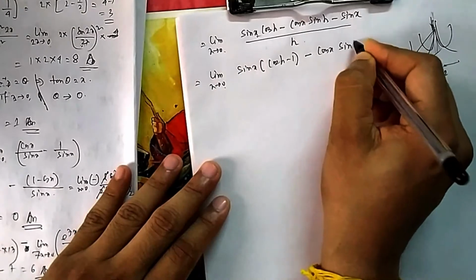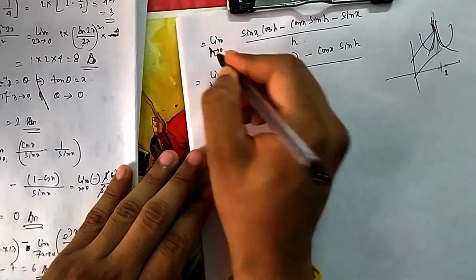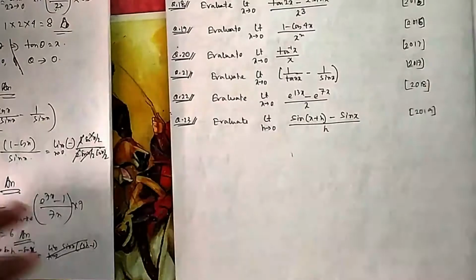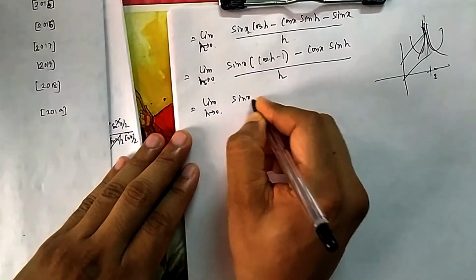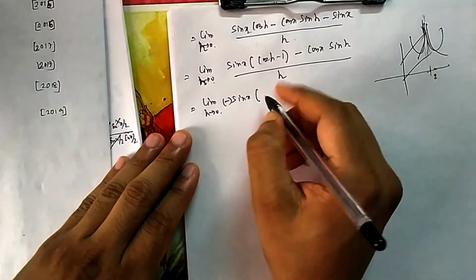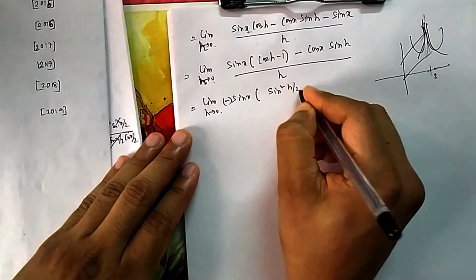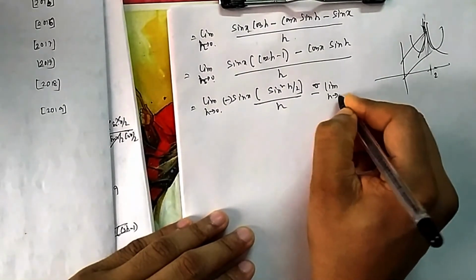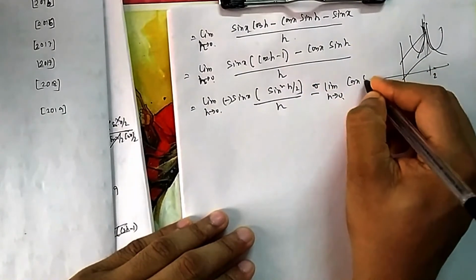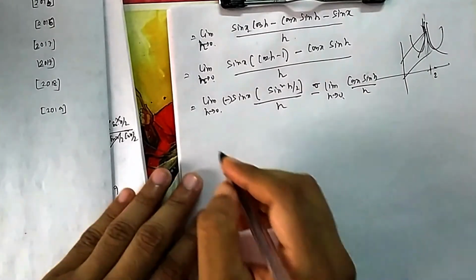Here x is not the variable, here h is the variable. You have to be careful, because here h tends to 0, not x. Whatever limit they have given is on h, so h becomes the variable for you, not x. So as h tends to 0, it will be sin x, and if I put 1 minus cos h, that you can write as 2 sin square h by 2 by h, and then again limit as h tends to 0, I am segregating this one, and cos x sin h by h, because this will be a formula, sin h by h will be 1, so this will be cos x only from that side.